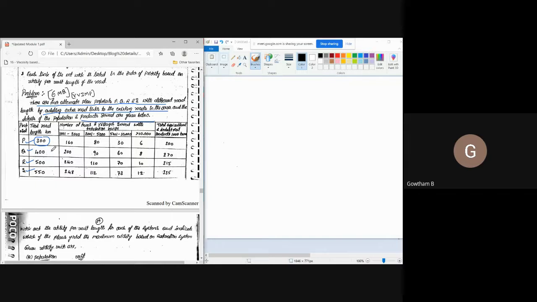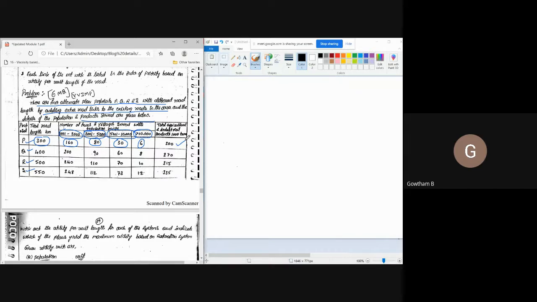In this 300 kilometer road stretch, a total of 160 towns and villages will come with population 1001 to 2000, 80 villages and towns with population 2001 to 5000, 30 villages and towns with population 5001 to 10,000, and 6 villages and towns with population greater than 10,000. Also in this stretch, production of agricultural and industrial product is around 200 into 1000 tons. That means 2 lakh tons.